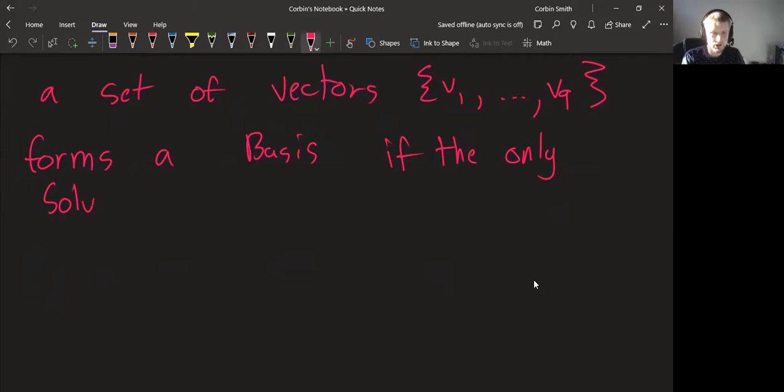If the only solution to A1 V1 plus dot dot dot plus A9 V9 equaling the 0 vector